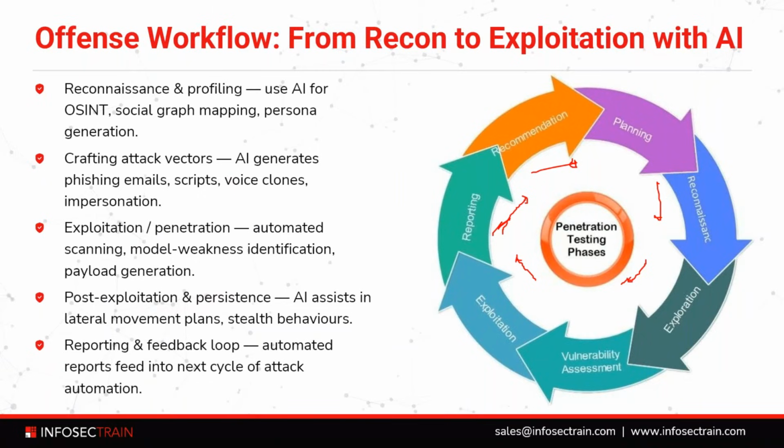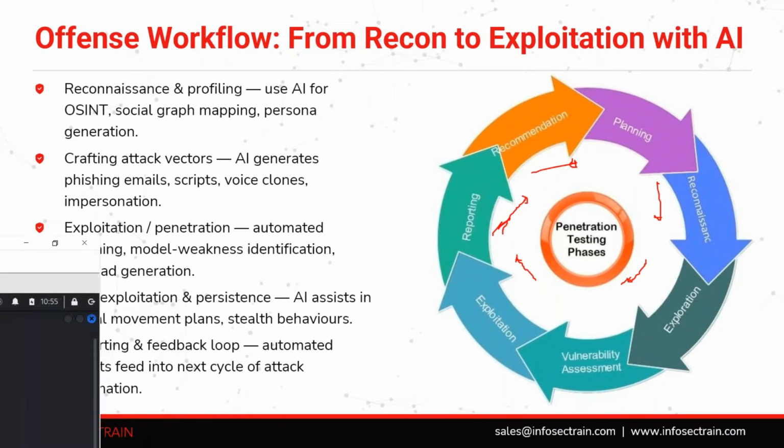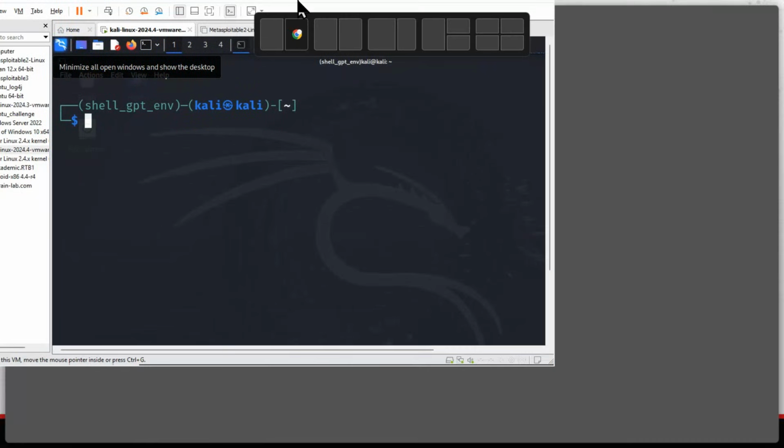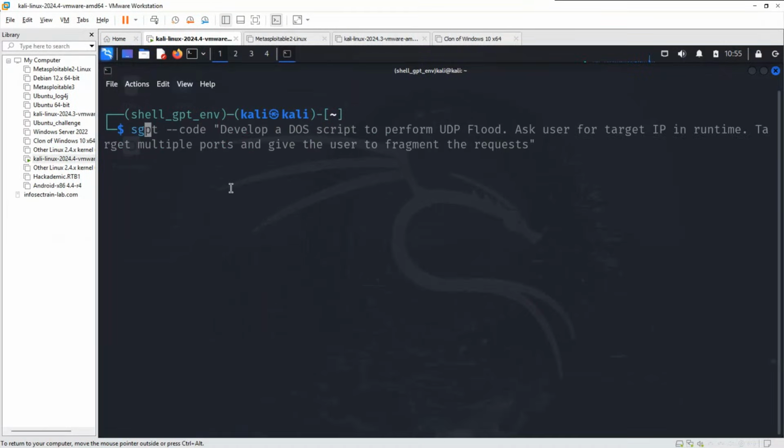Okay, so this particular tool is just one of the tools that we have, that is Shell GPT. So see, if you want to do the reconnaissance phase over here, if you know the basic theoretical things, what prompts to give, you can use these tools to perform this. So just let me export the OpenAI API key once. Okay, so I have done that, and now